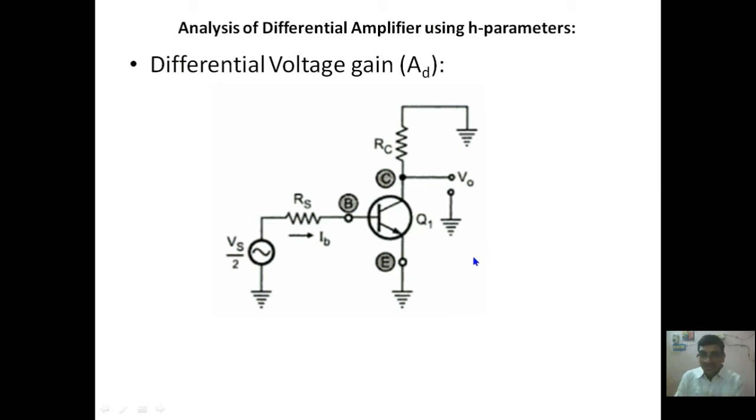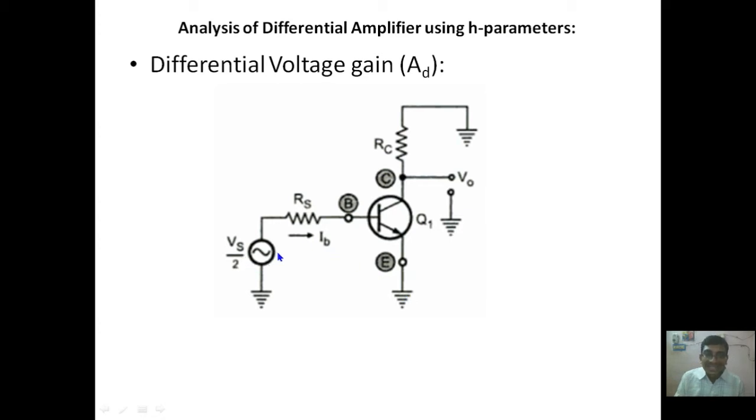The differential amplifier is a combination of two CE amplifier sections. I am going to do AC analysis for only a single CE amplifier section. This is a single CE amplifier section, and in order to do the AC analysis, whatever DC sources are present should be given to the ground terminal. So here you can observe the plus VCC is directly given to the ground terminal, and the minus VA supply is also given to the ground terminal.